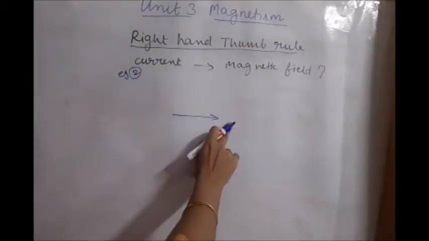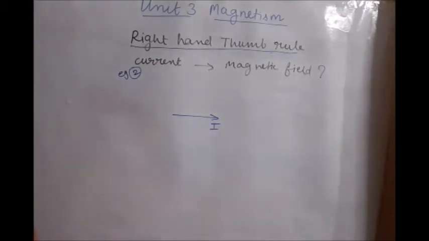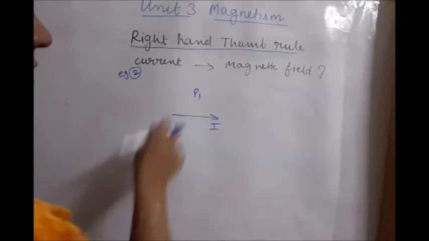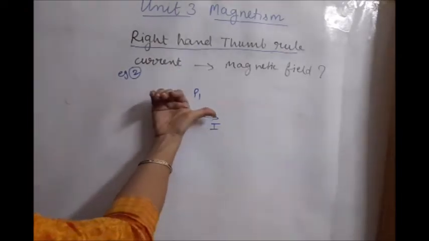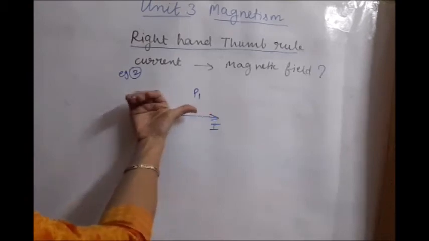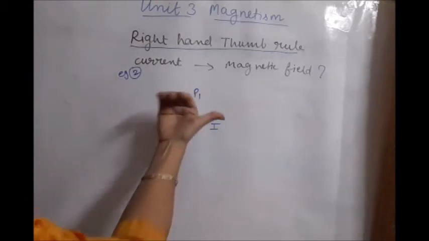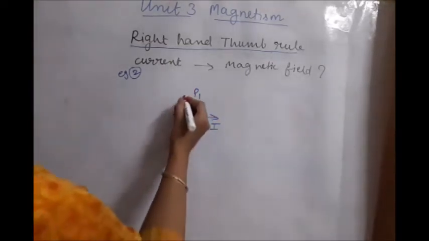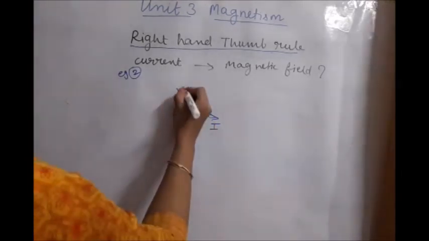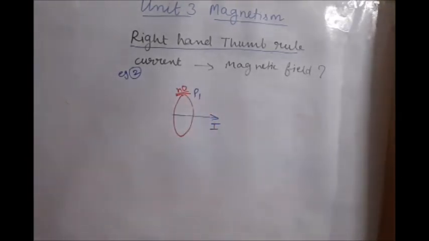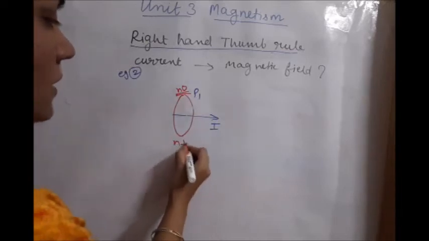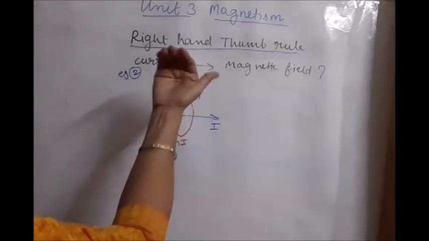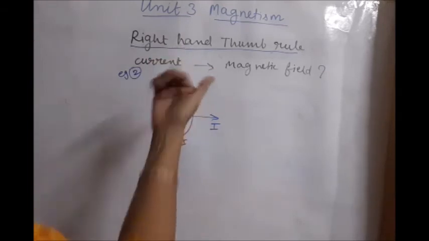Let's practice for the horizontal wire in which current is flowing. Suppose it flows towards the right side. Now we also have to find the magnetic field. Suppose at point P1, which is upward, we have to hold the current, thumb pointing in the current direction. How are the fingers coming here? So fingers are normally out. The magnetic field direction is circular around it, but here it is normally out where it is asked. If it is asked for this point, it will be normally in. That means here the fingers will come out of the board and here the fingers will go in the board.